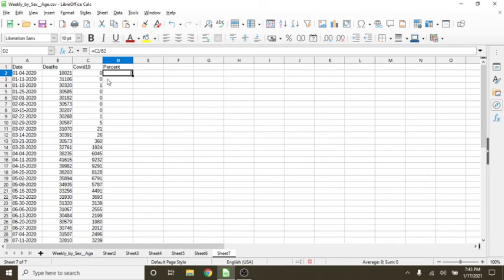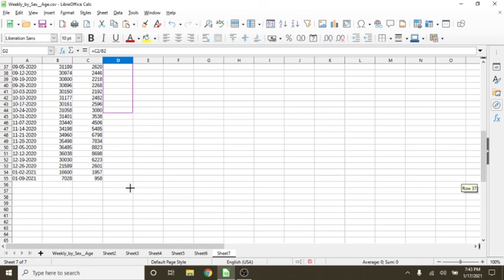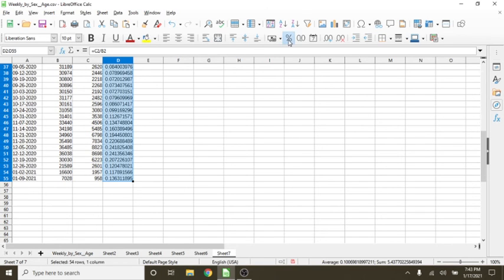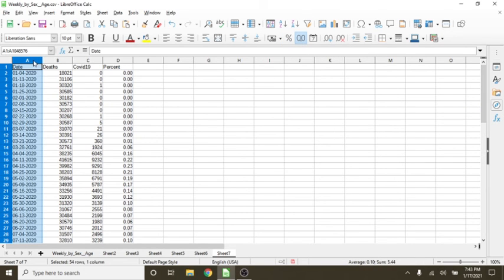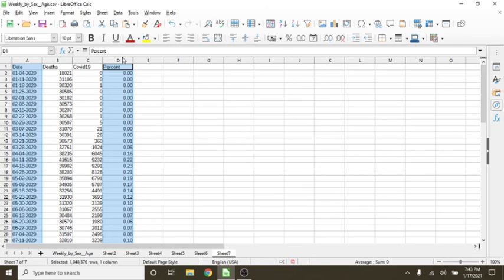C2 divided by B2. Well, that makes sense. Division by 0 always returns to 0 then. Let's go to one column here. Now let's take a look at the males' deaths. See if the percentage of deaths from males is